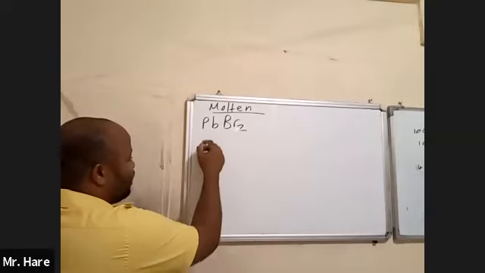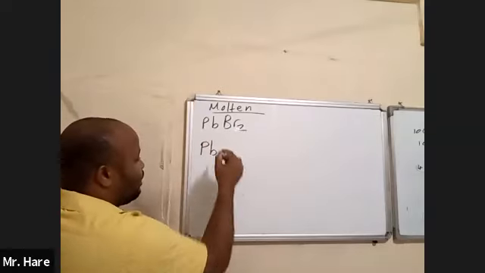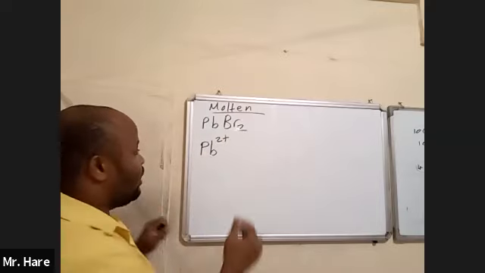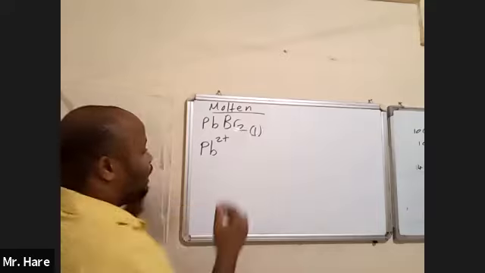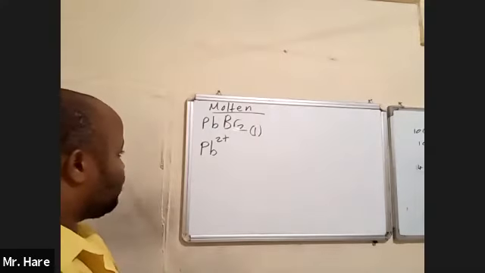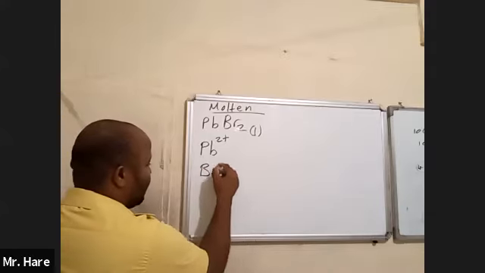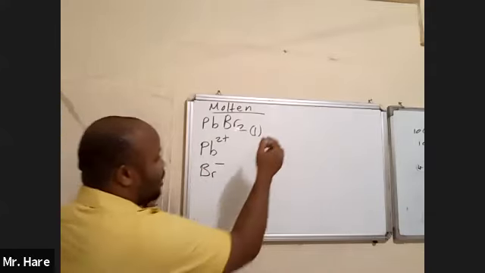Lead is the positive ion with a charge of 2+. So the ions present in molten lead bromide would be the lead ion and the bromide ion. So at the cathode,